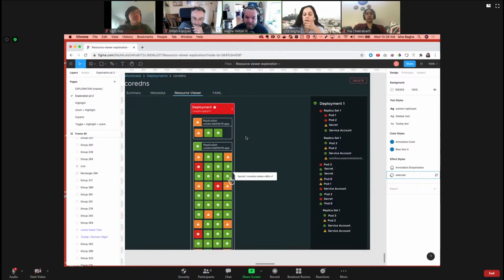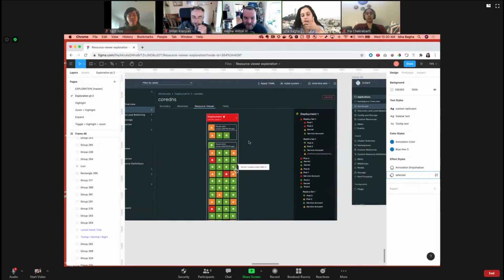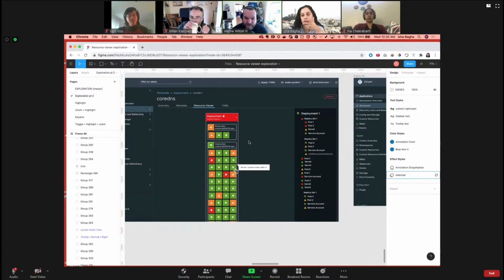There might be times where I just don't care that a secret is bad, or that certain things are bad, because what I'm looking for is, oh, why did my pod not start? And I can't quickly get to that from here. Whereas in the tree view I can. And the other thing that makes it hard to reason about Kubernetes,